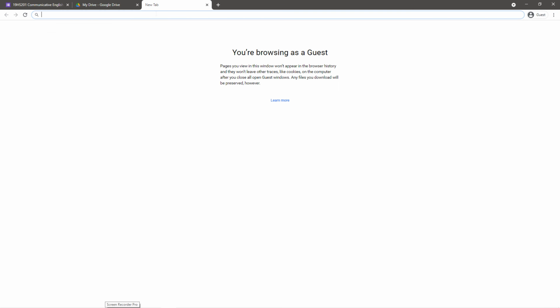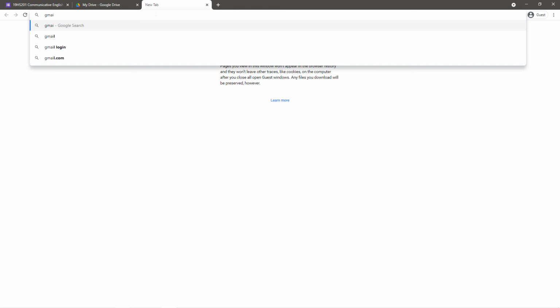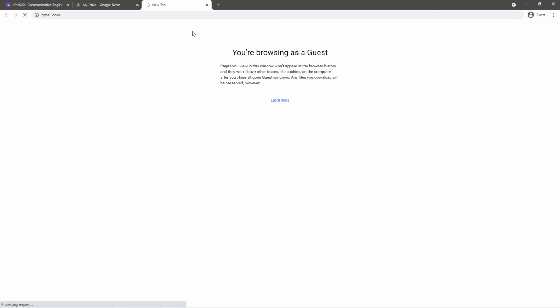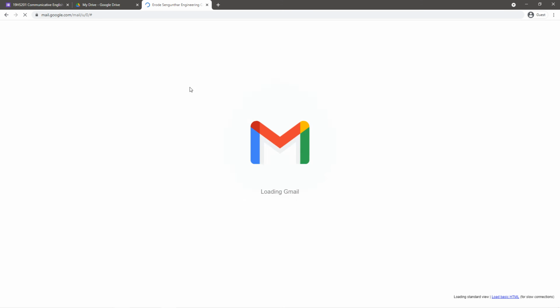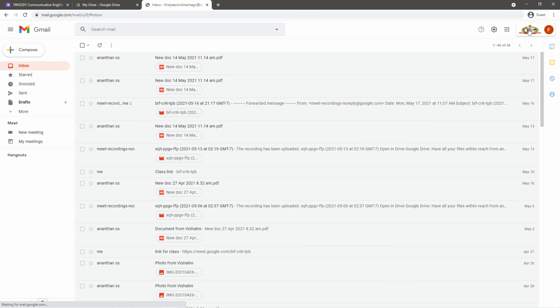For that we have to open that mail ID. So by default it will log on with the default mail ID where we have to change here. So let me log in with that mail ID.